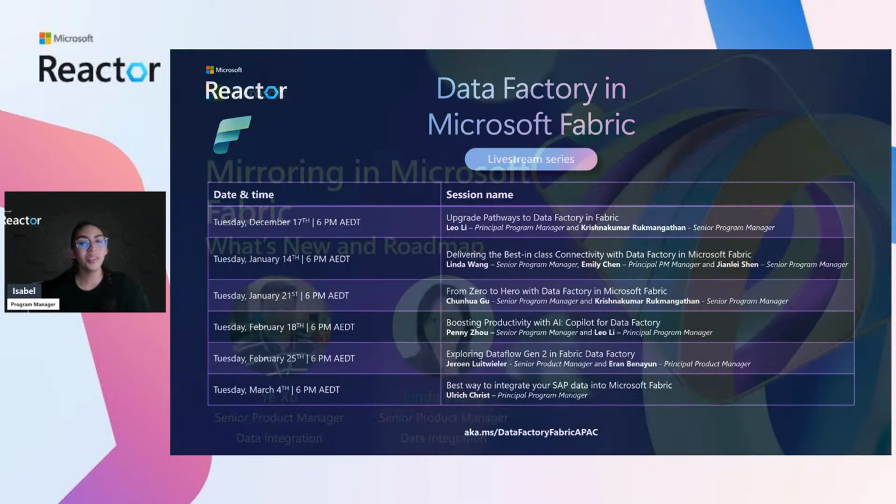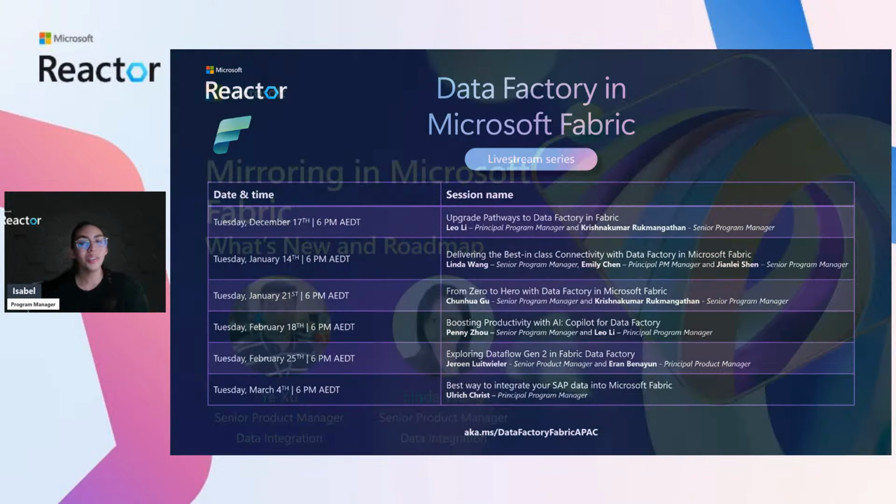If you open the copy job, it helps you move your data at scale from any source to any destination. It covers both the initial full load and incremental load. If you open the mirrored database, it provides a turnkey experience for you to replicate all your databases from any existing source to OneLake. So next, we can hand over to Linda, who is going to help deep dive on database mirroring.